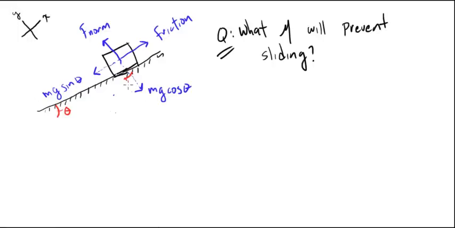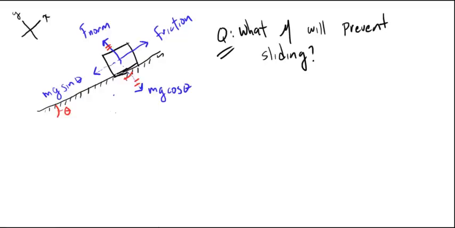So I've taken my axes and rotated them through the angle theta, so that I'm now thinking of this as my y-axis and this here as my x-axis. And provided that the plane doesn't break, we know that the normal force has to be equal to this force, mg cosine theta, because it's not going to accelerate in what I'm calling the y direction. So these two must be